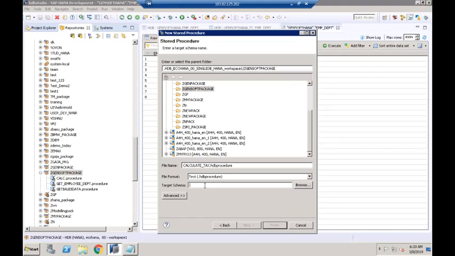But if you want to call it from the ABAP layer, we need to create the database procedure proxy. We cannot create the database procedure proxy on top of the procedures whose extension is